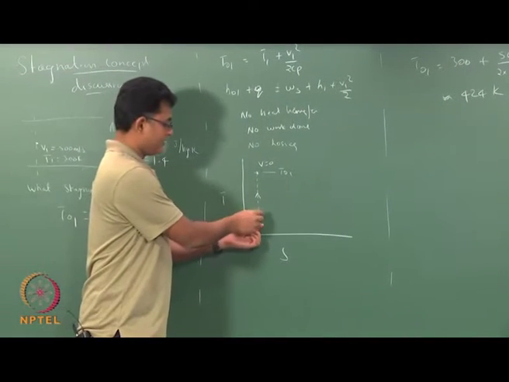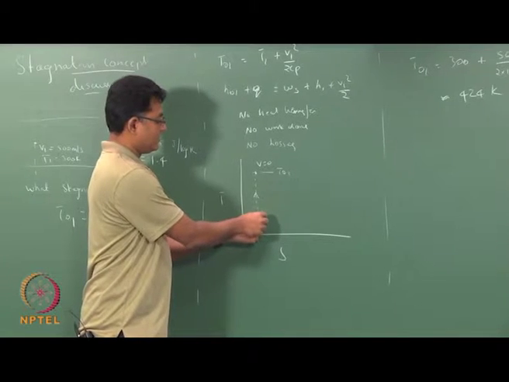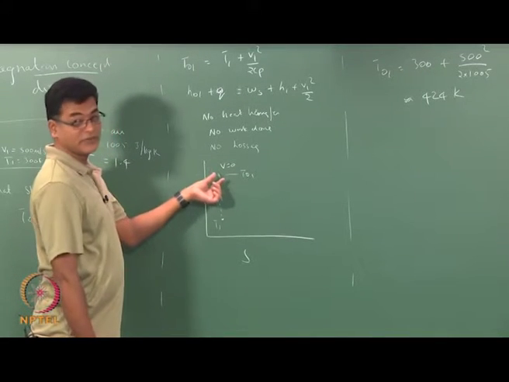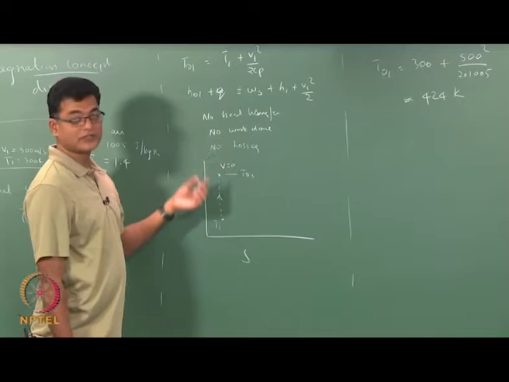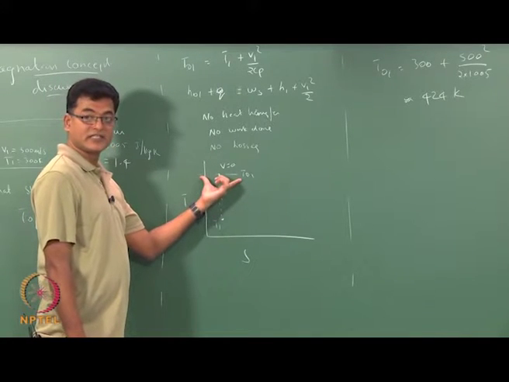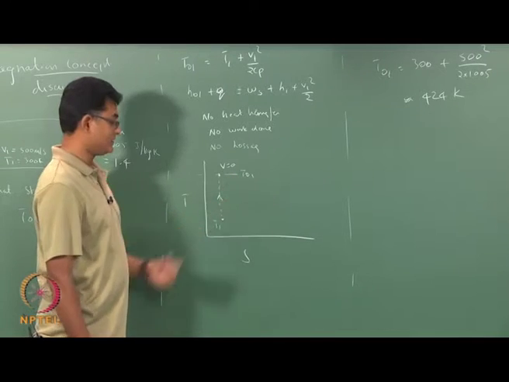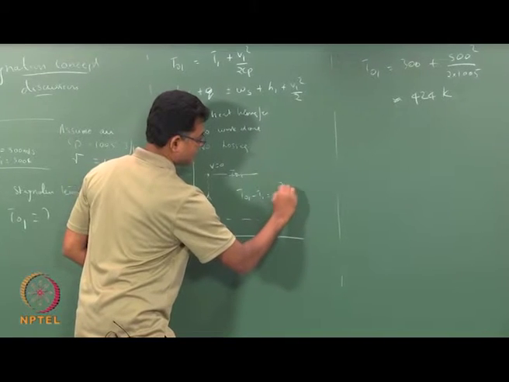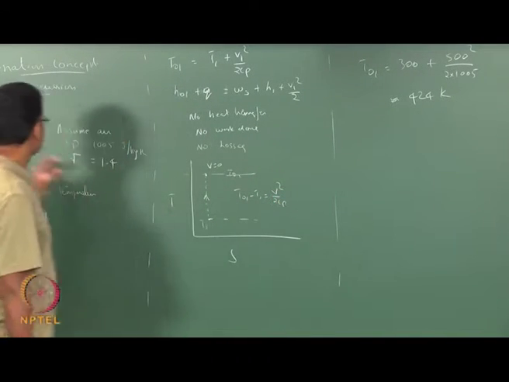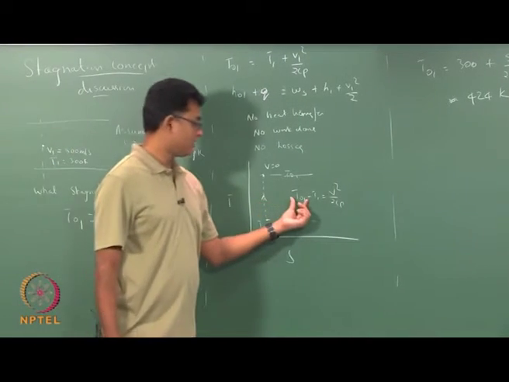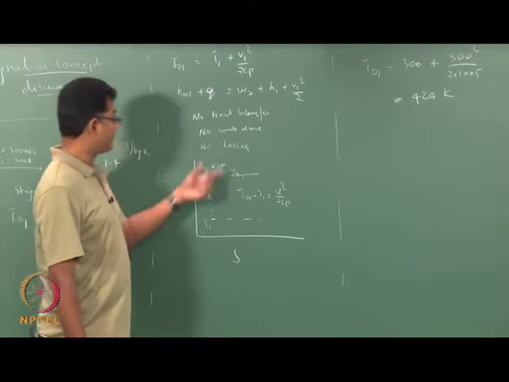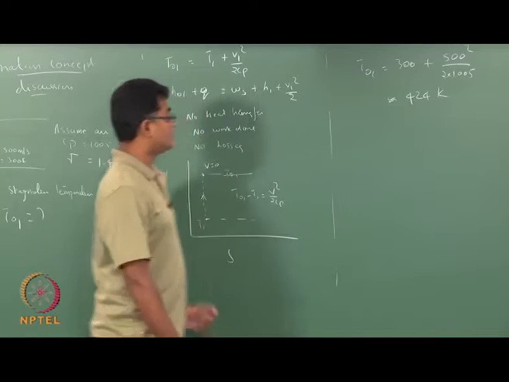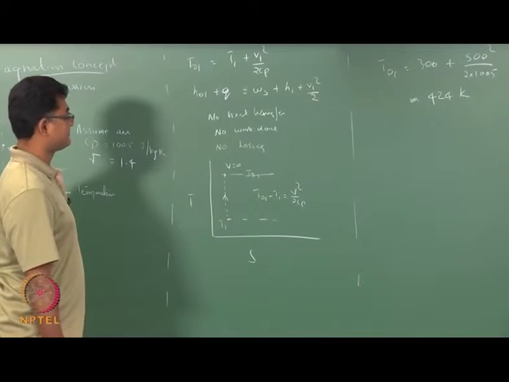So, what we have done is we have taken the fluid which has some temperature going with some velocity. We have isentropically reduced that velocity to 0 with no heat and no work transfer, and that state is the stagnation state, and the temperature associated with that is T01. We also know the difference between T01 and T is V square by 2 Cp. So, if the fluid was moving with a different velocity, you would have got the stagnation temperature to be different. If the fluid is other than air, then again the stagnation temperature would have been different. Okay. That is what you get from this example.